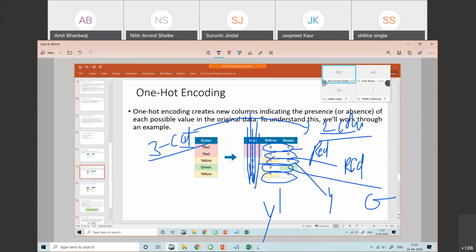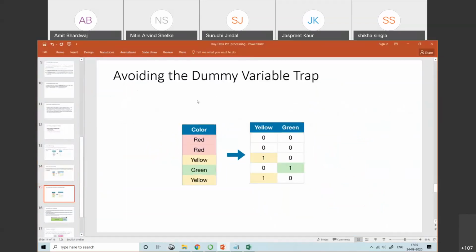So in avoiding the dummy variable trap, we just ignore one particular column. If we have three categories, you just need 2 columns for identification purposes.